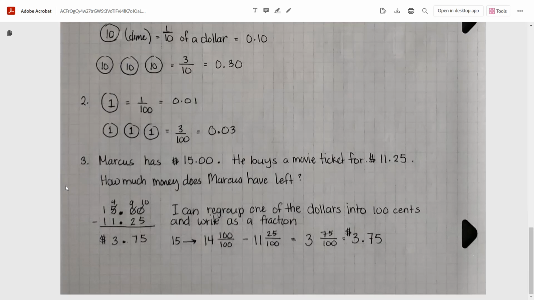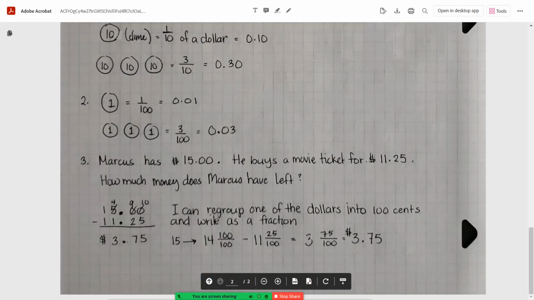Now what I need to do is I need to regroup. So instead of having 15 whole dollars, I'm going to have 14 whole dollars plus 100 cents. So that's my 100 pennies, or I could do it as 4 quarters if I wanted to. And I could take those and then do my subtraction. So if I had $14.100 minus $11.25, and I rewrote those as fractions. So 14 and 100 over 100 minus 11 and 25 over 100. That will leave me with 14 minus 11 is 3, and 100 minus 25 is 75. So 3 and 75 hundredths, or